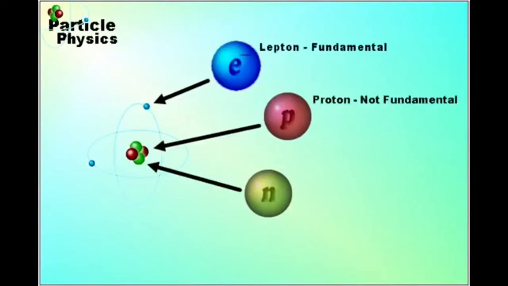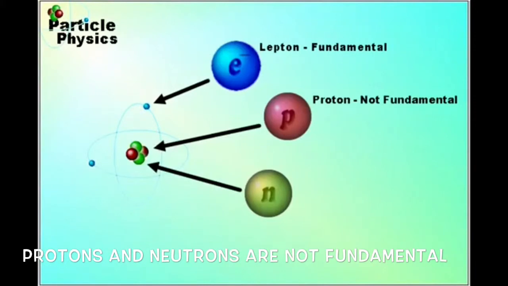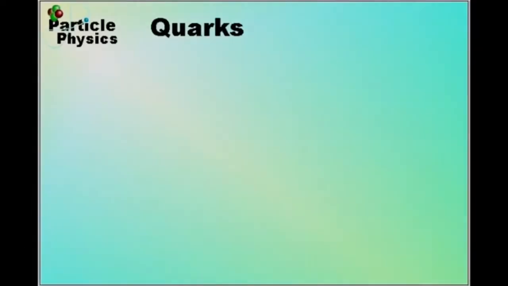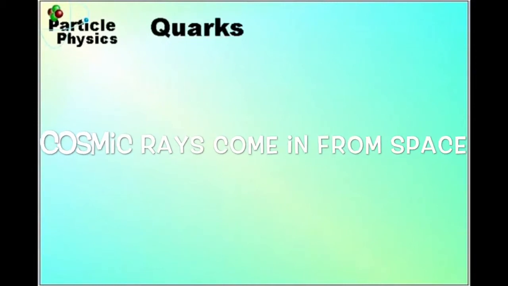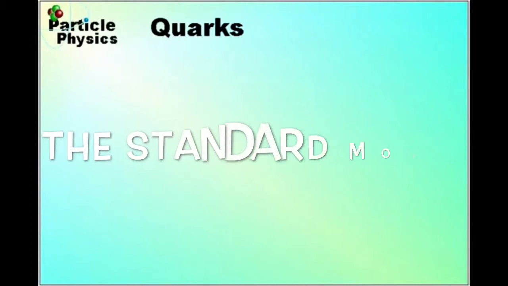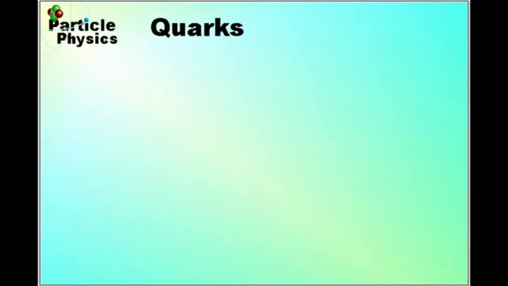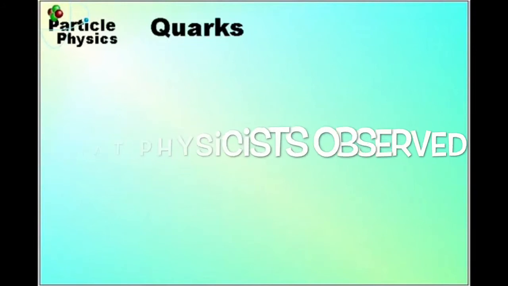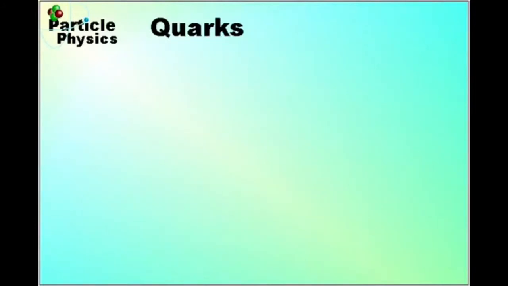But the proton and the neutron are not fundamental. The Standard Model says they are made up of smaller particles called quarks. Over many years there were experiments using cosmic rays to produce new particles, and the number of particles being produced was growing and growing. And the quark system completely simplifies the arrangement of all the particles that they were finding, and it shows that many of them are just combinations of quarks in particular configurations.